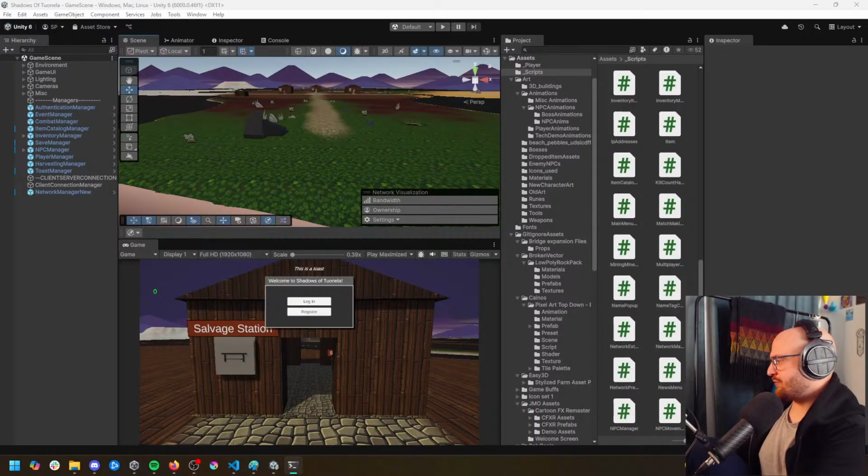I remembered that wrong. It's actually chmod -R +x. That's the correct one. So now it should be executable, and then we are going to go into the folder